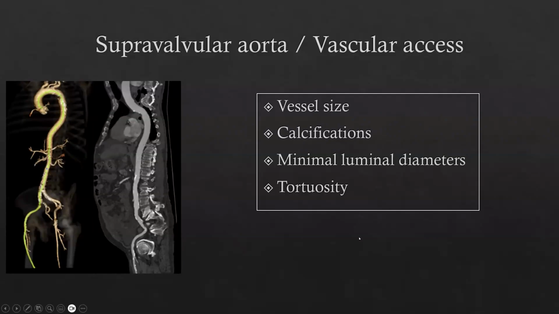And ultimately, CTA has been shown to reduce peripheral vascular complications, such as access site and bleeding complications and potential cerebral embolization. So you can imagine there's a lot of chunky calcification that can be scraped off with a large catheter. It can embolize to the brain. So this is just helpful to let the interventionalist know ahead of time.